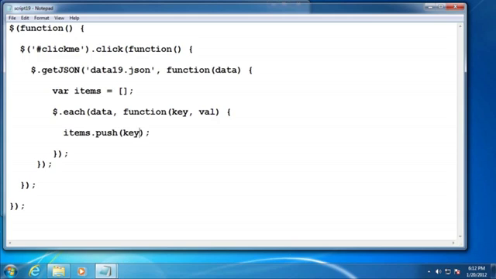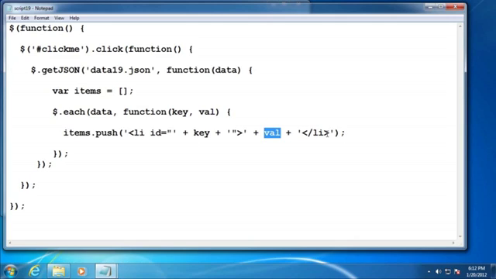And what I want to do is pass in the key and the value in some way. What I'm going to do is wrap these values in some HTML. So we'll start off with a series of list items, and each of them will have an ID. And so for the ID, I want to use the key. And then I'm going to add the value here. That'll be visible. So the key will be the ID,